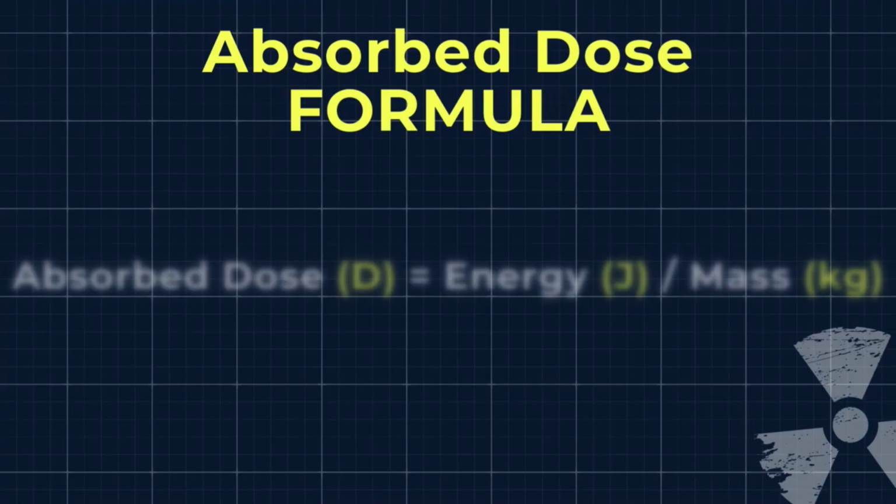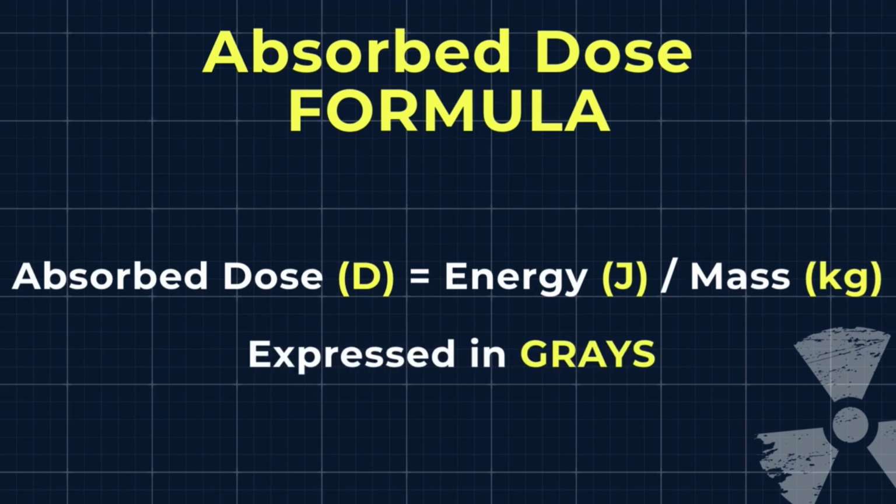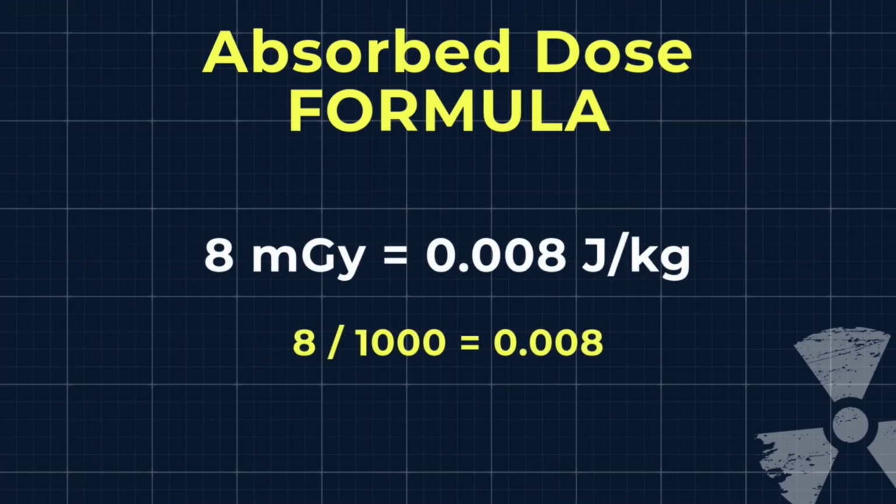Now, when you want to figure out absorbed dose, here's the formula that you're going to use. Take the energy expressed in joules and divide it by the mass of the tissue in kilograms. Your absorbed dose will then be expressed in grays or its equivalent subunit. Since 1 gray is equal to 1 joule per kilogram, if we say that a patient received an absorbed dose of 8 milligrays, which is typical, what we are saying is that 0.08 joules of radiation energy was deposited into each kilogram